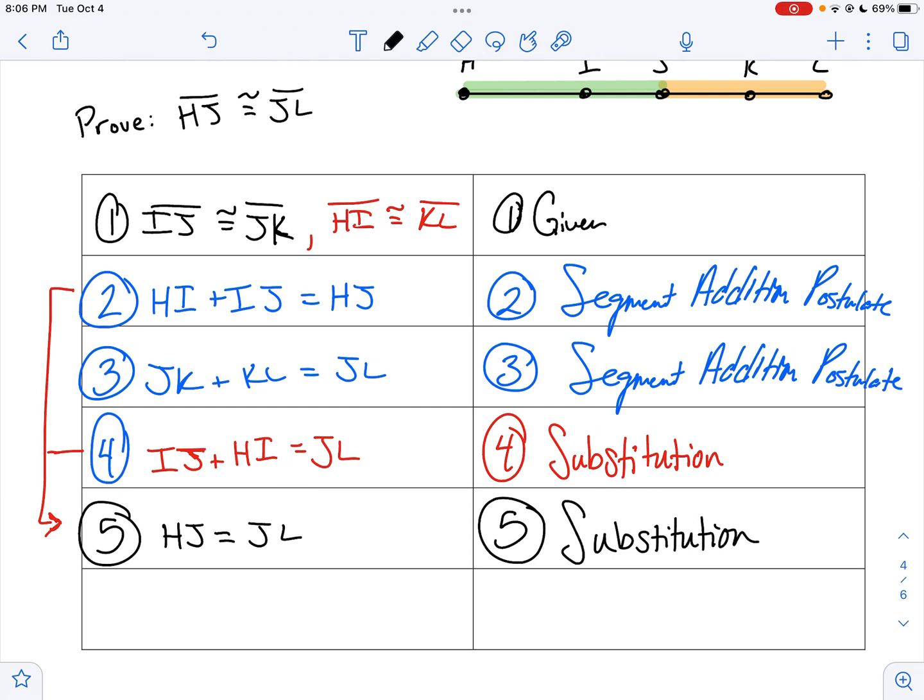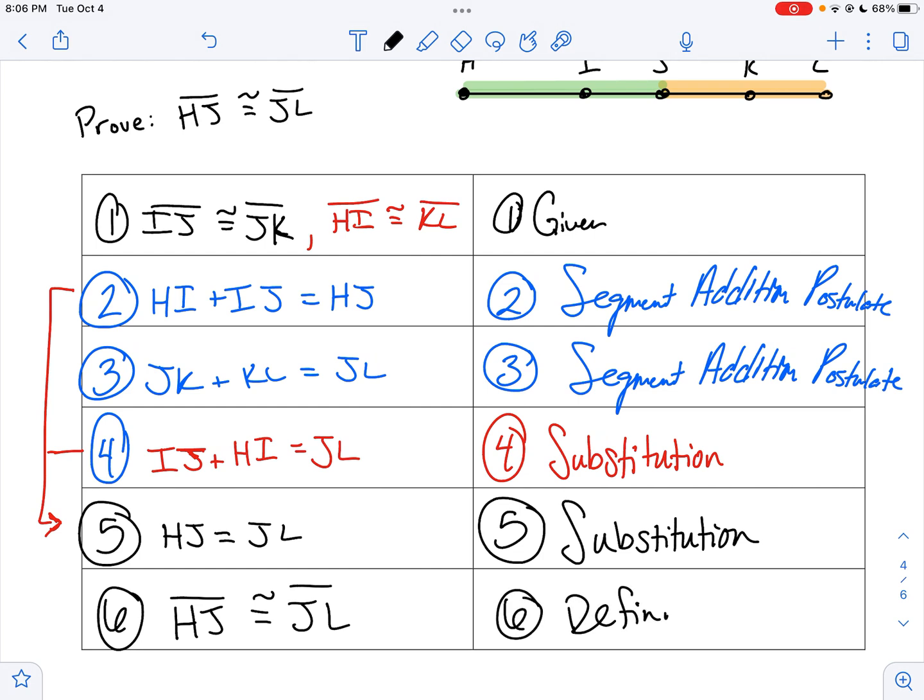I said they were equal, but I really want to prove that they are congruent. So my last step, I would say that those are congruent segments by, well, how do I know they're congruent? Well, what does it mean to be congruent? It means that they are equal. So by the definition of what it means to be congruent,